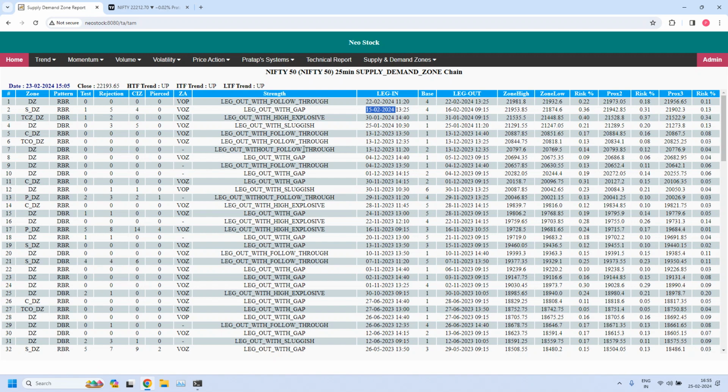See the below. This is also a high liquidity zone, but a low priority high liquidity zone. TCZ is a low priority high liquidity zone. This is also already tested once, 2 rejections. And when 31,